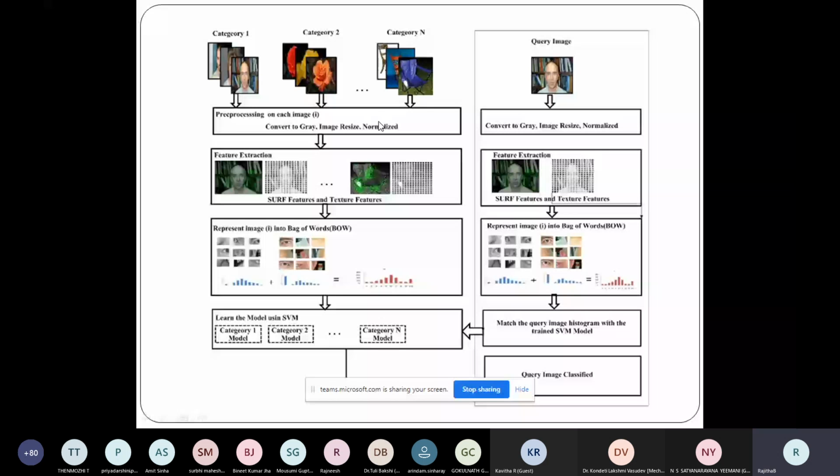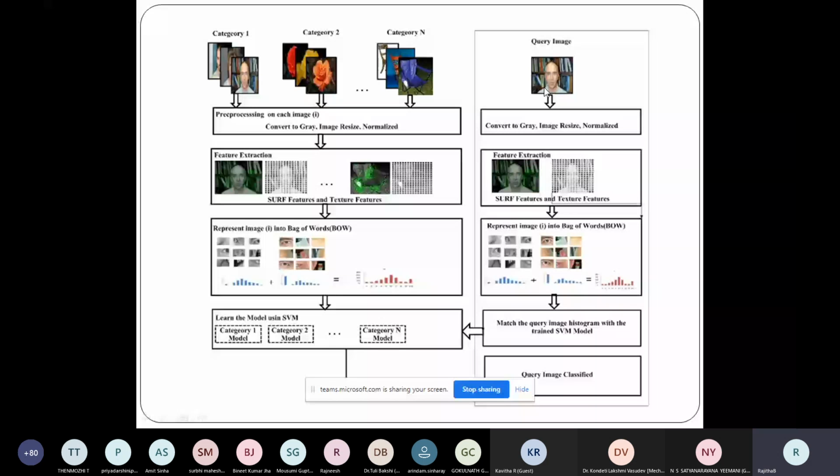It has to check with the database, with the features of all of these. Whichever has a perfect match, it has to classify accordingly: this query belongs to face, or to flower, or to chair. So you need to find that result. That is what is called classification.